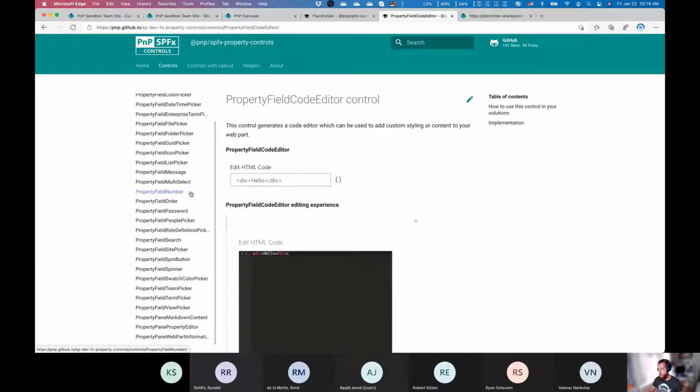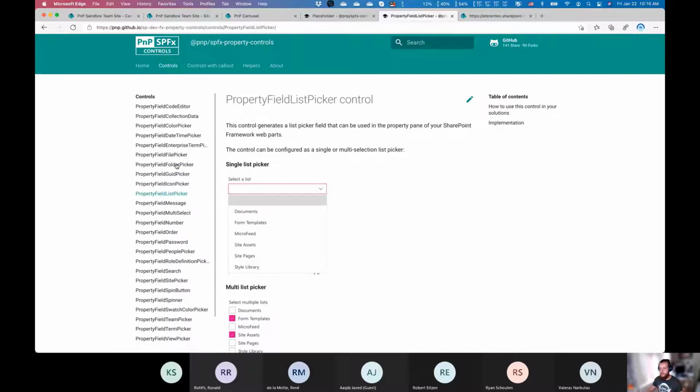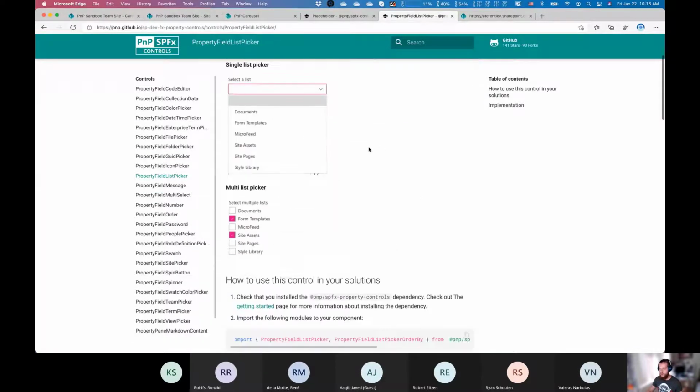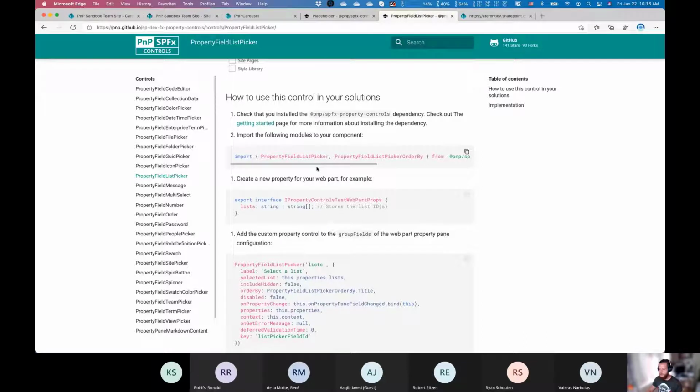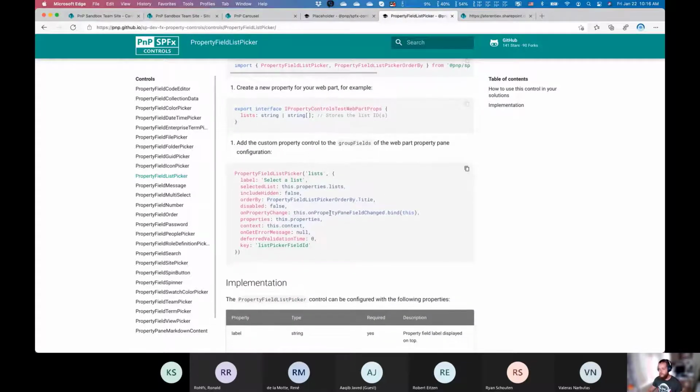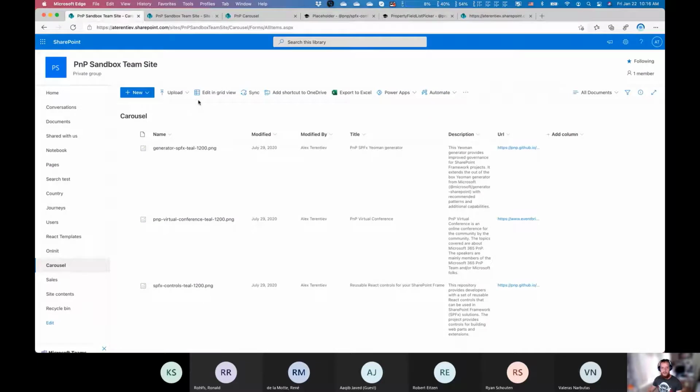And if we navigate, for example, to our list picker that we will be using, again, you can see how it looks. You can see how to import it from the library, how to configure it, and so on and so forth. Okay, and let me show you also the document library from where we will be getting the